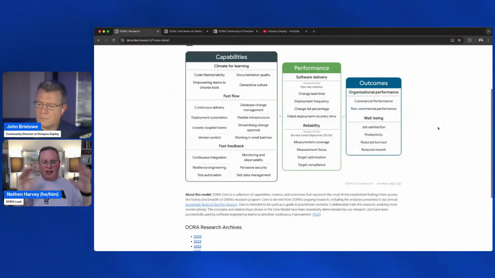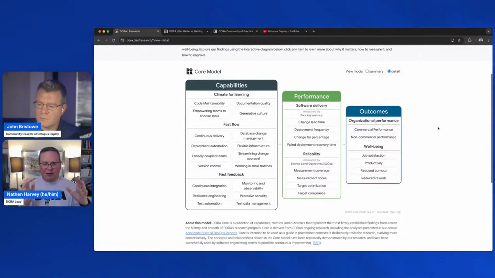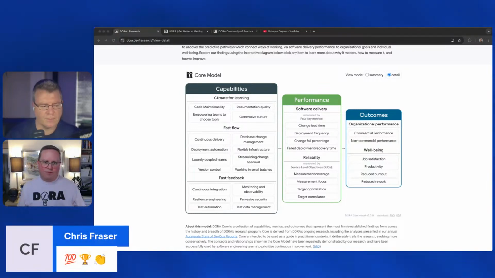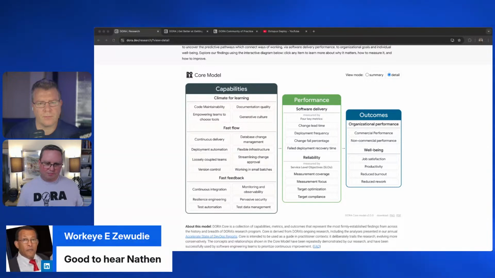Great. Now you've got a theory or a hypothesis laid out. Let's go do some work. How do you take the work that you're doing and break it down into smaller batches and see, does that play out? Does that hypothesis prove true? That's how you take an experimental approach. And this core model can really help focus which capabilities or conditions you are going to invest in.